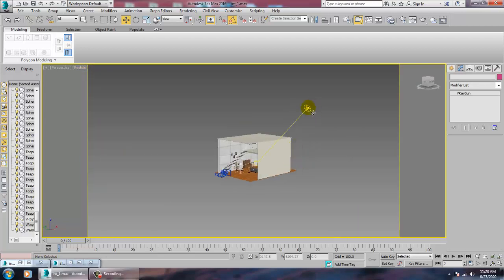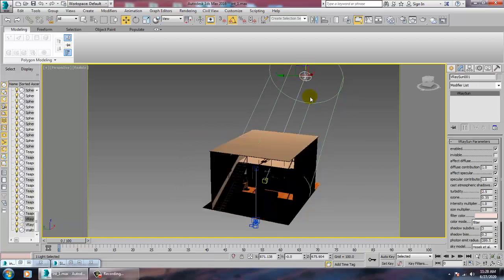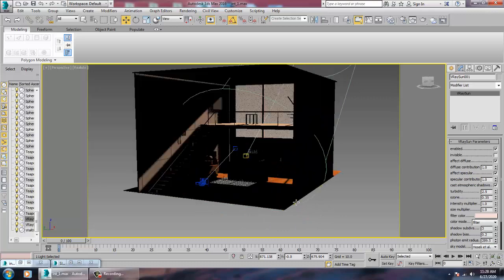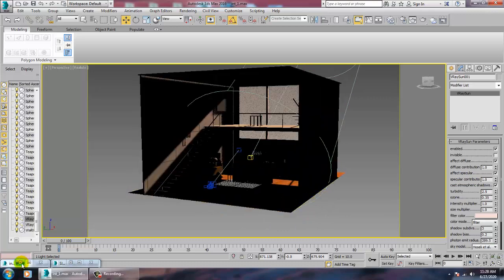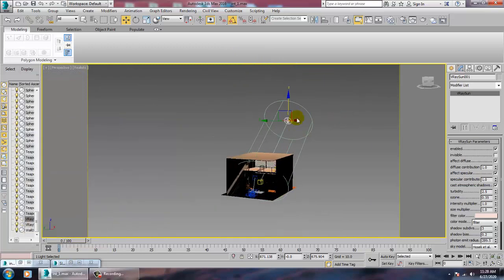So select this light, push it up. How far your light should go, that you can easily manage. We'll be doing that over here.